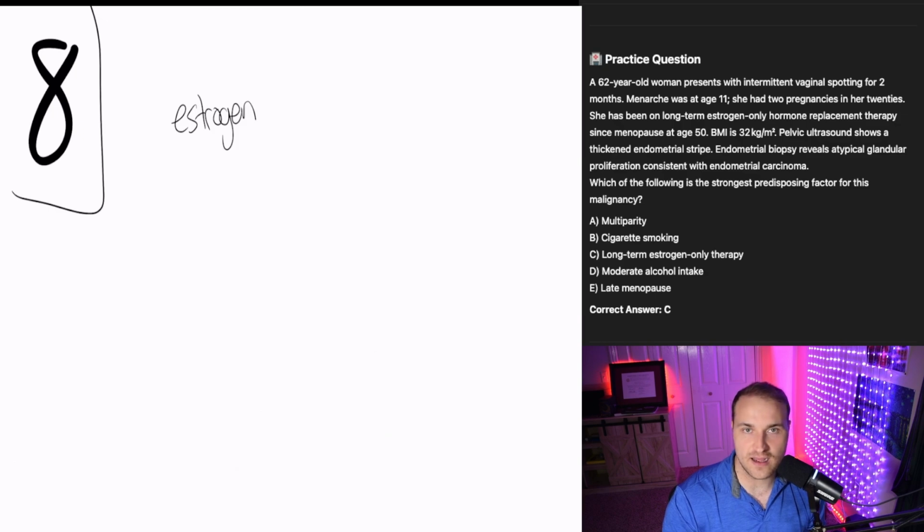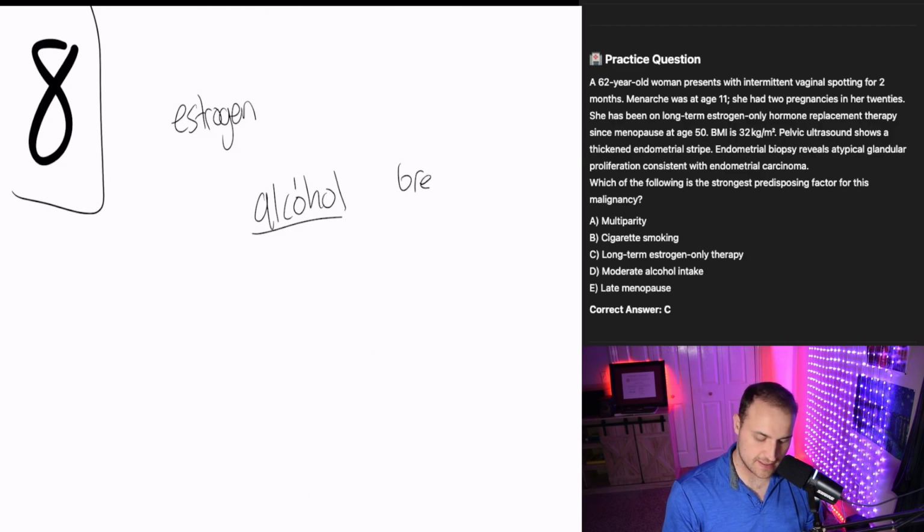Smoking is actually not a risk factor for endometrial cancer. It's associated more with squamous malignancies. Alcohol is linked with breast and liver. So if you do see alcohol, because really you might see this on test day, then you should be thinking of breast and liver, but not endometrial. And then late menopause, that actually increases lifetime estrogen exposure, but it's a lot less impactful than just scarfing down